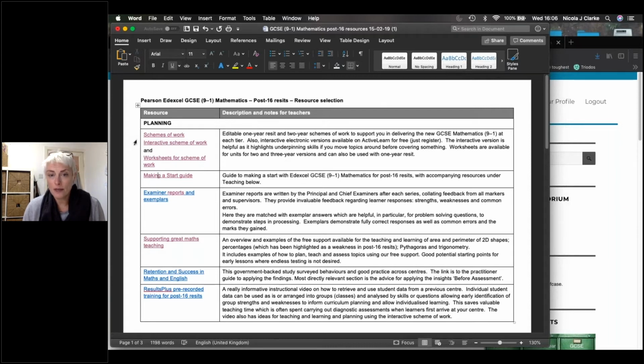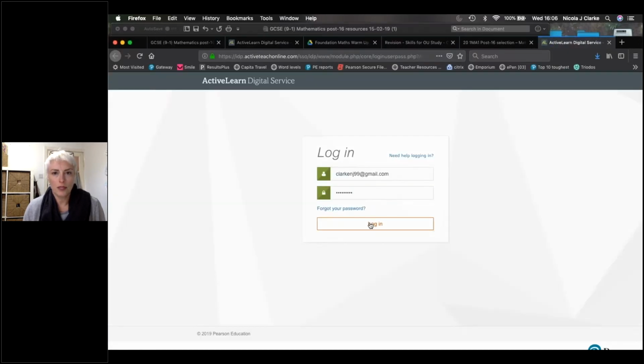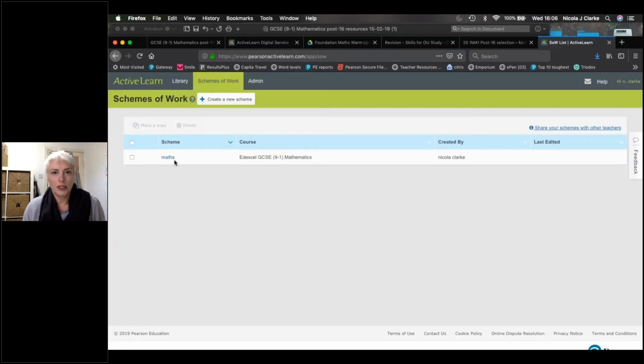ActiveLearn is Pearson's subscription service with a wealth of resources, but you can access the scheme of work and some bits and pieces for free just by registering, but it's a bit of a taster as well. The interactive scheme of work I can show you now. Again, that's just a free register, and